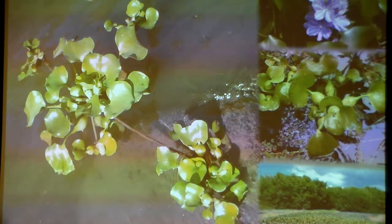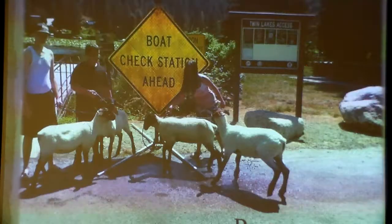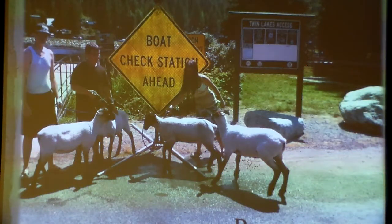It also likes warm weather, so when you see, I don't think I have a distribution map, no. When you see where it's growing, Florida again, Hawaii, all these areas, but because that area on the Snake River had a geothermal pond that